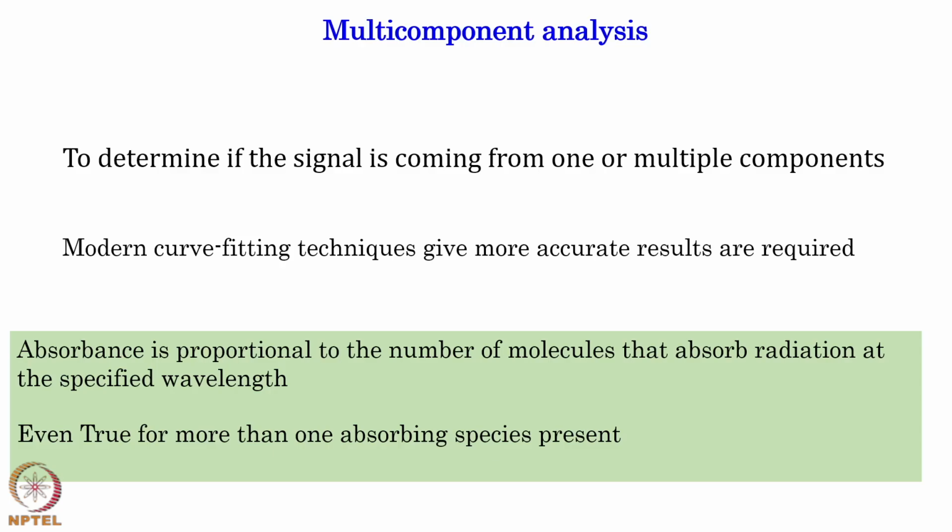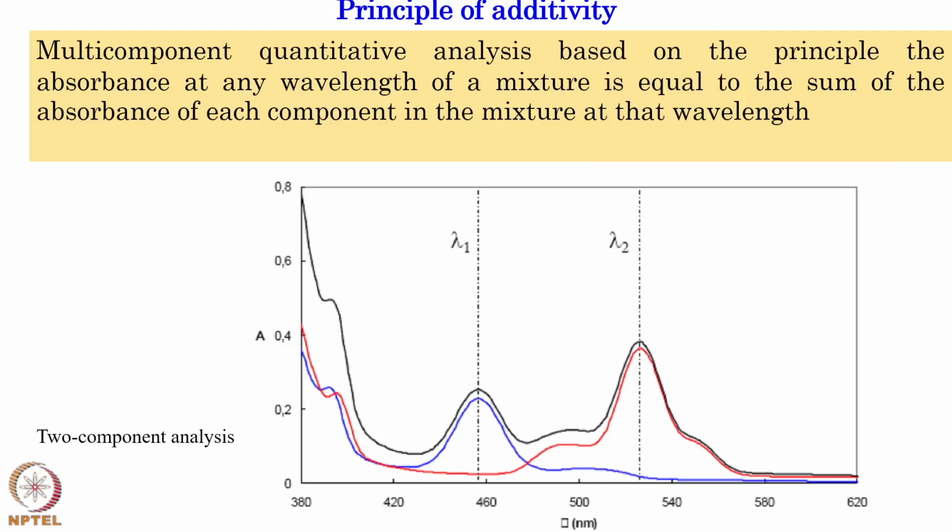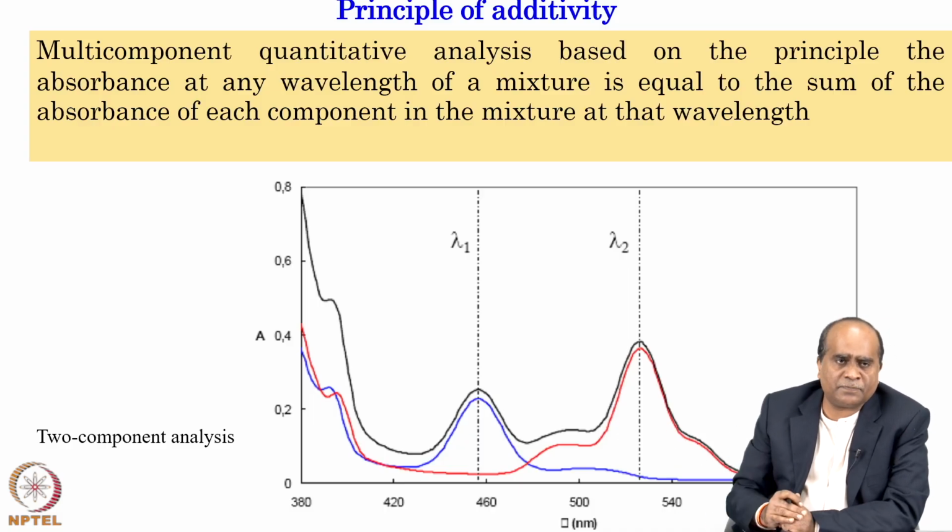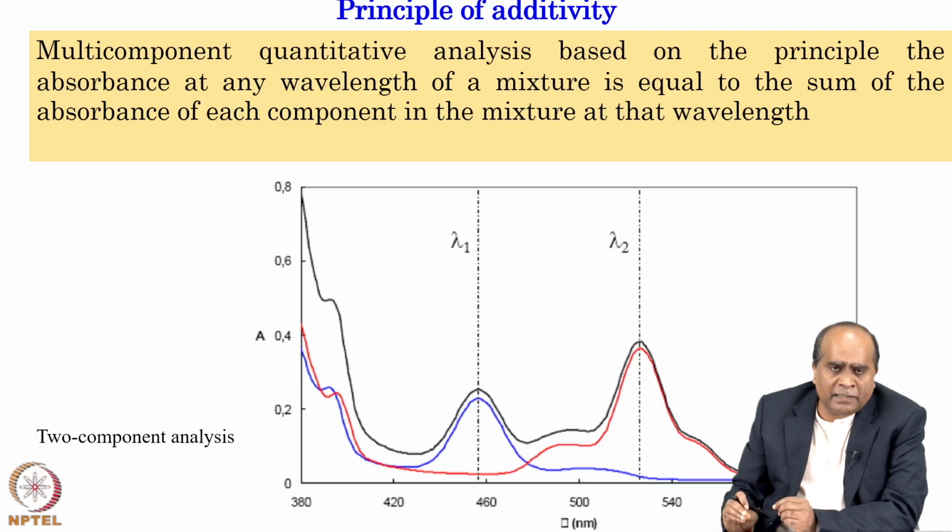Essentially, as we know, absorption is proportional to the number of molecules that absorb the radiation at a specific frequency, and it is even true if more than one component is present in the solution. So, let's look at this concept called the principle of additivity. If there are multiple components, how can we do the quantitative analysis based on absorption at any wavelength that is contributed by more than one chromophore? The principle says the absorption at any wavelength of a mixture is equal to the sum of absorption of each component in the mixture